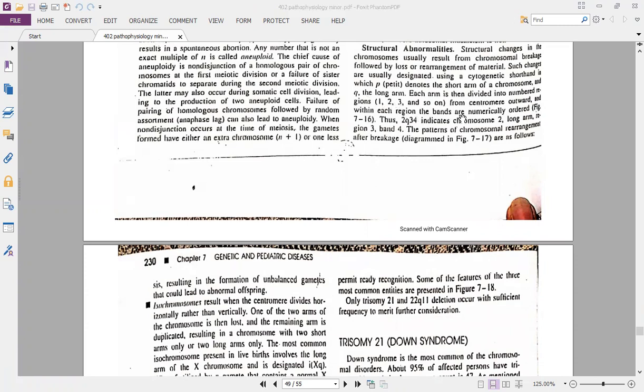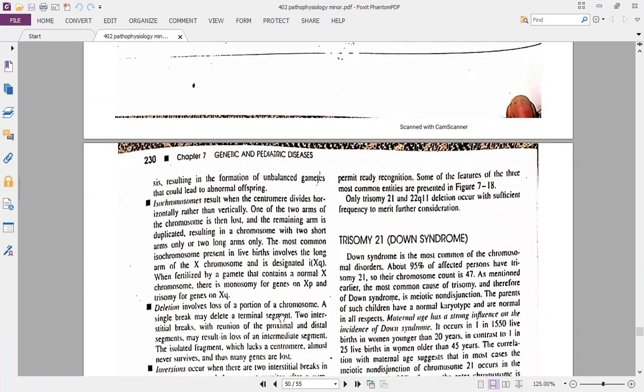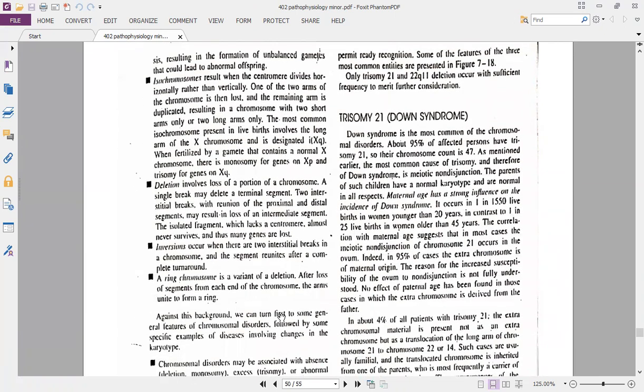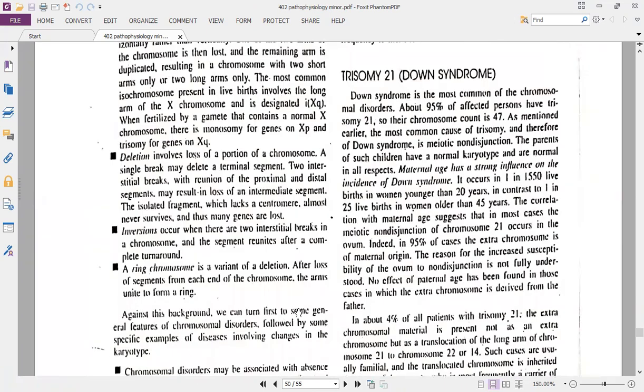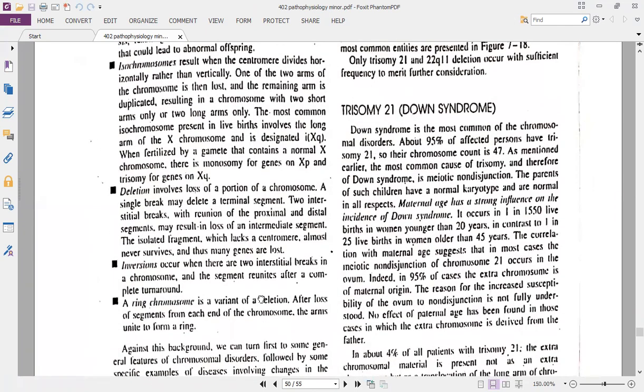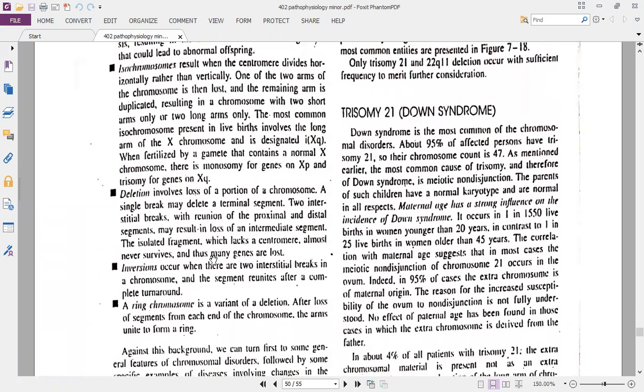So, for example, if you have a gene locus 2q34, this indicates that it is present on chromosome 2, q means the long arm, and the region is 3 and the band 4. So this is how you name these genes. You don't really need to learn this naming of genes. This is just for your information, but it's a good idea to keep these things in mind. But this is not very relevant for our current course.